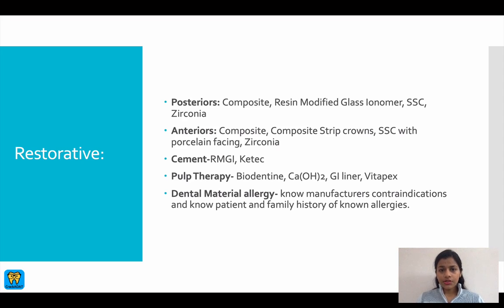So, starting with restorative, for posterior baby teeth, the options are composite, resin modified glass ionomer or RMGIC, stainless steel crowns or zirconia crowns. For anterior teeth, you have composite strip crowns, stainless steel with porcelain facing because it's aesthetically